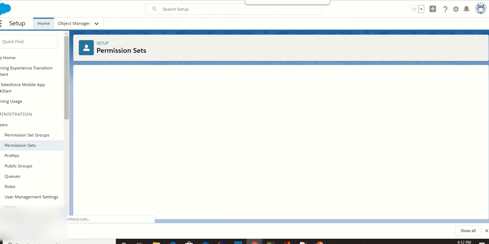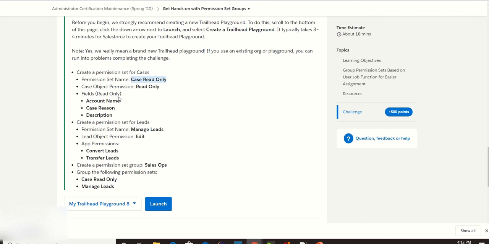Let's look into the challenge, what else we need to do. We created the permission set case read only and enabled read only. Now we need to make the fields read only.